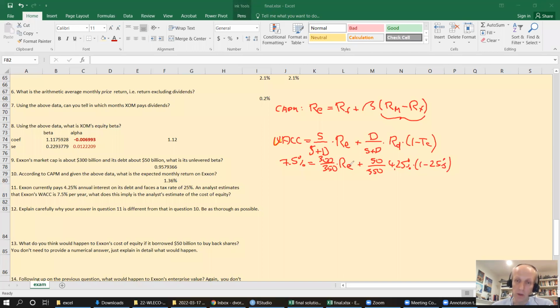So the only thing we don't know is the return on equity, or the equity cost of capital. And if we use some algebra, we'll see that it's going to be